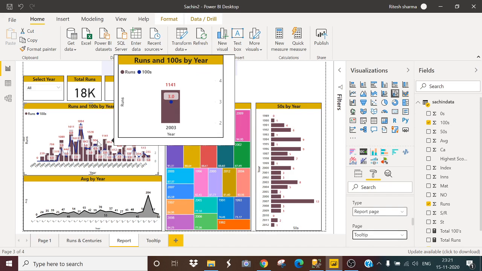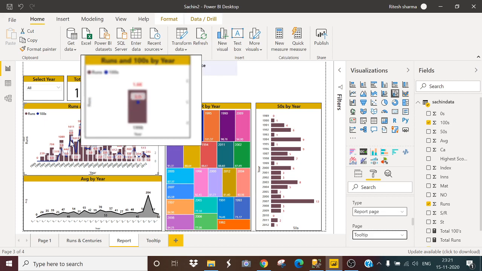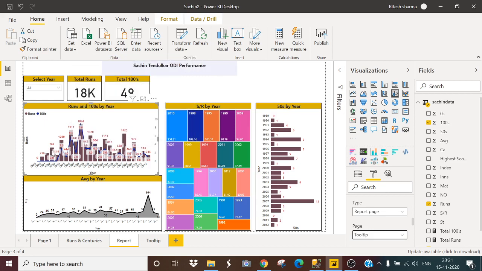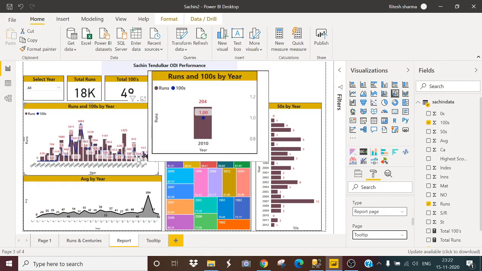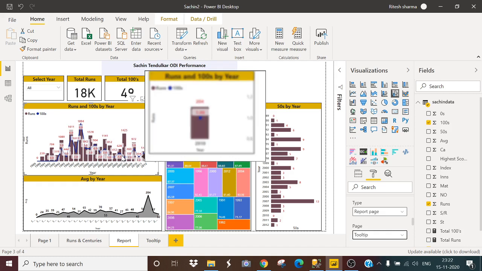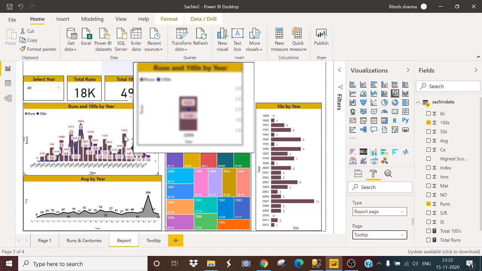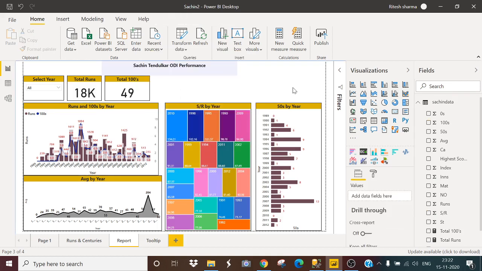See that it is reflecting me like this, same as in this chart. So this is a zoomed tooltip. This one and this one also, 2007. Now what I have to do is create that scroller.